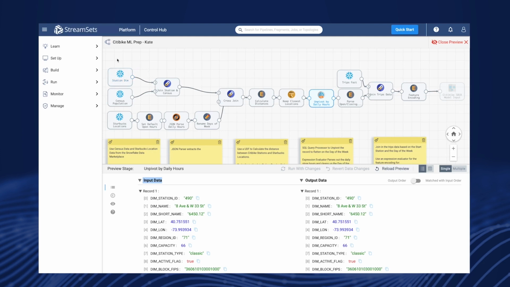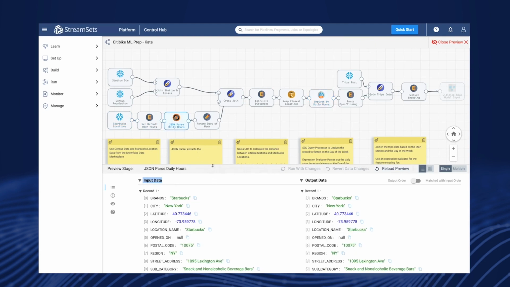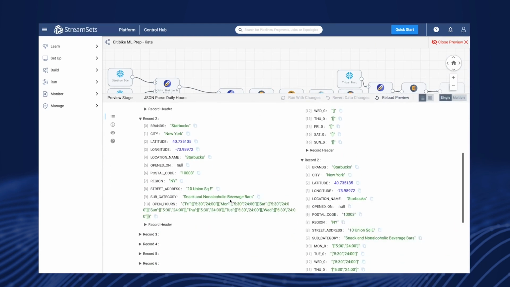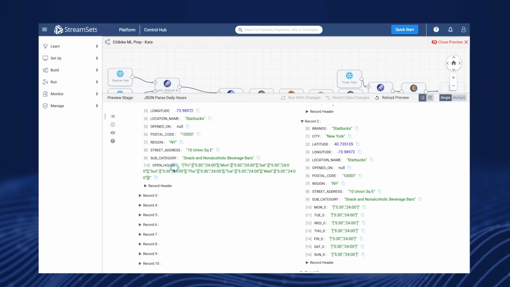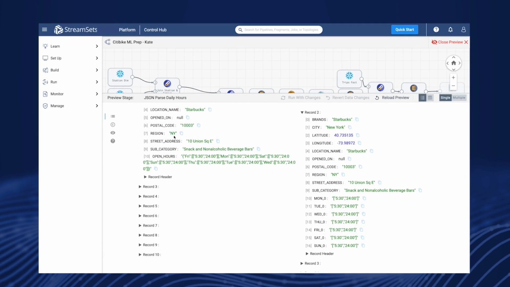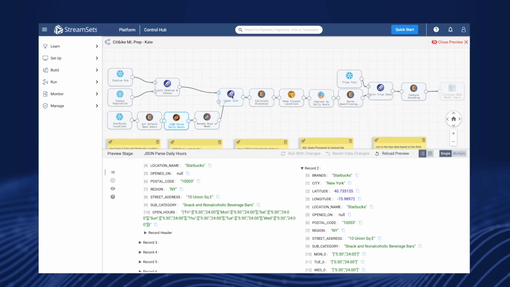In order to do that, I'm going to bring in information about my station dimension. And in this case, I'm going to bring in some census data as well that I've gotten from a data share. And I'm also going to bring in Starbucks location information that's also from the Snowflake data marketplace. And what I'm going to do is use all that location information for the Starbucks in New York City, and figure out the hours that each store is open based on some of the data provided there. You can see that the JSON parser is allowing me to create a new column for each one of those fields. And I'm going to join those two data sets together and then calculate the distance between each